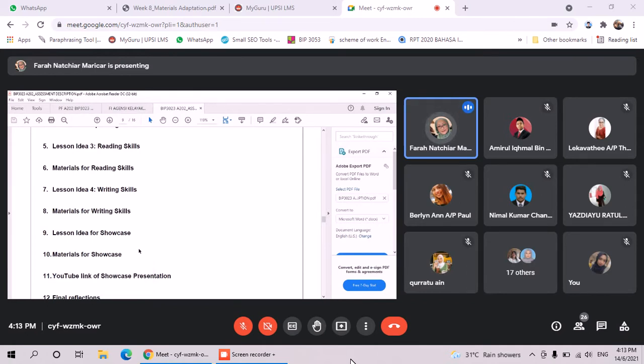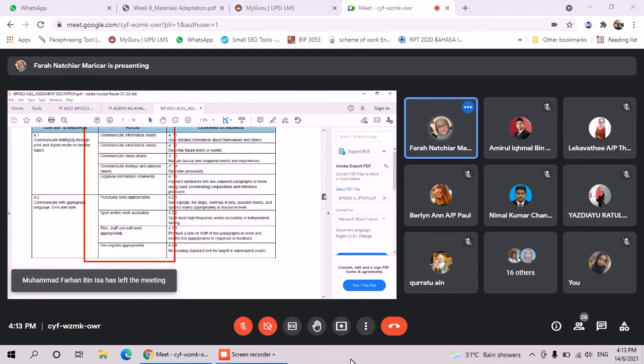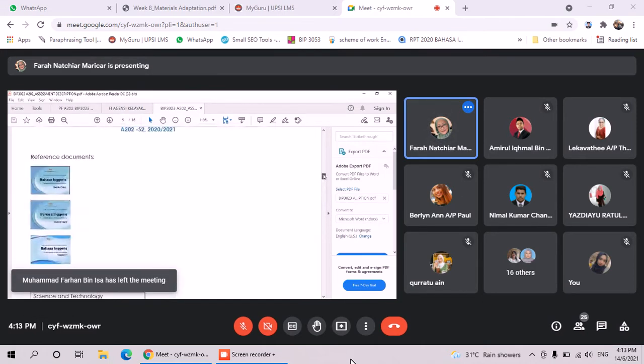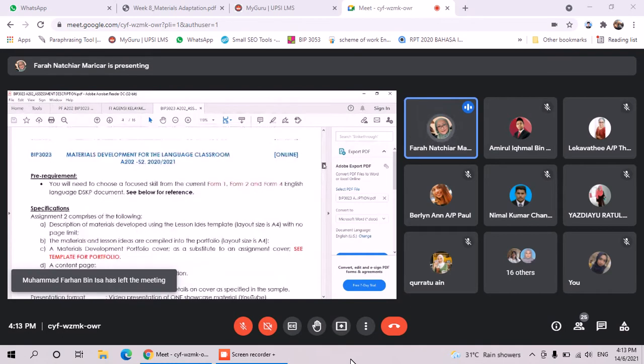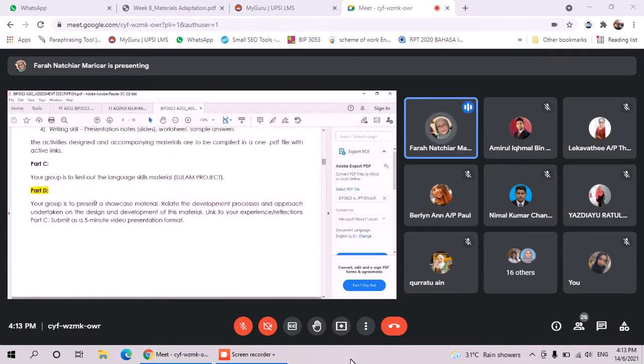And then you asked me about how we are going to do the showcase reflection. So let me have a look at the question for part D. Going back to part D, this is the part where you have not done yet. Your group is to present a showcase material, relate the development processes and approach undertaken on the design and development